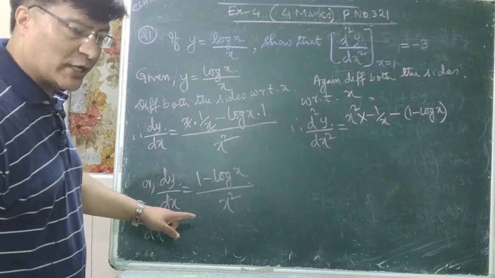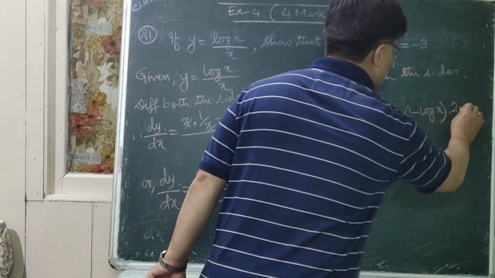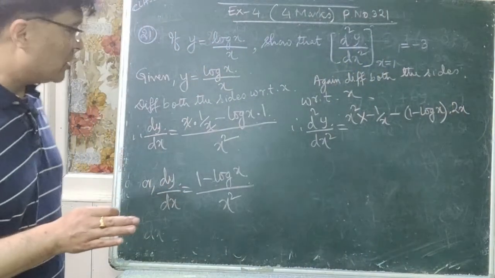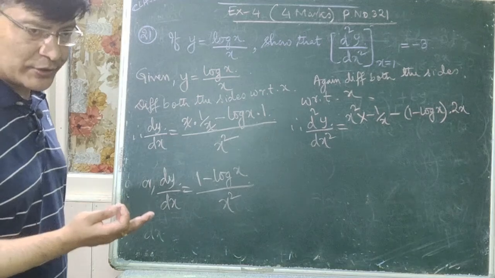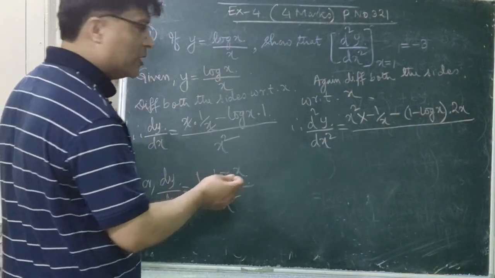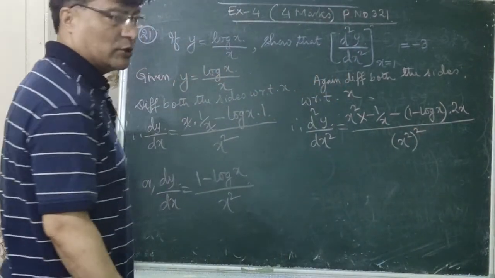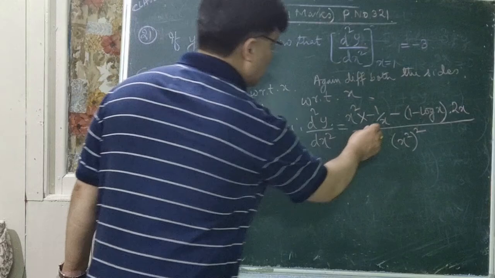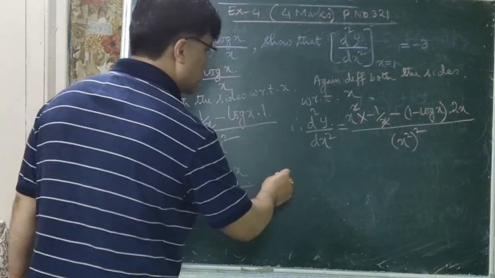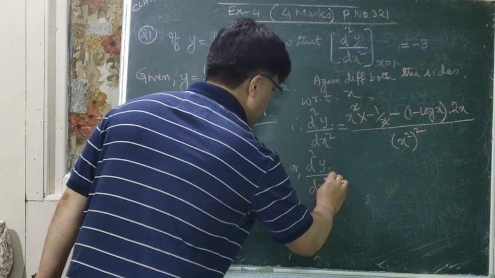Now take the differentiation of the denominator, that is, the differentiation of x square is 2x, you know that. Differentiation of x square is 2x. Okay, so whole divided by denominator whole square. What is denominator whole square? This is your x square whole square. Okay, now here you can cancel this, x and square get cancelled, and this is your d2y by dx square,